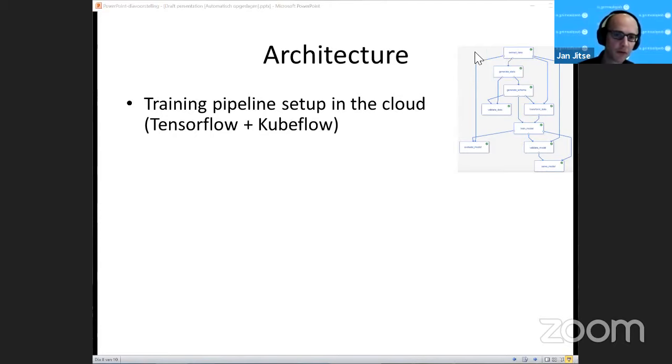This is a typical architecture that you then see: an extract, transform, load plus a machine learning plus a validation step. And each of these is a separate Docker container, where there's a small Python script which basically loads in the data, transforms it, does some stuff on it, and then writes it out. It takes a few parameters, and all these parameters are saved.